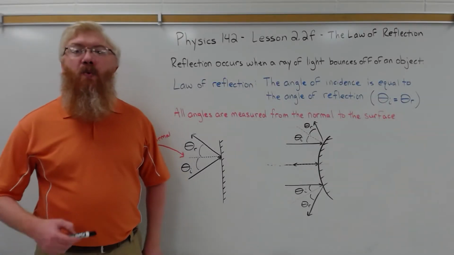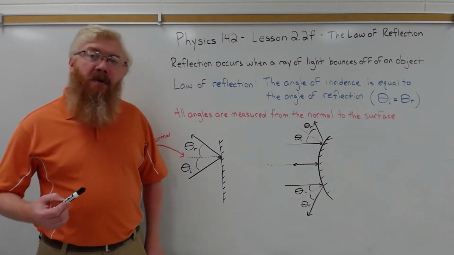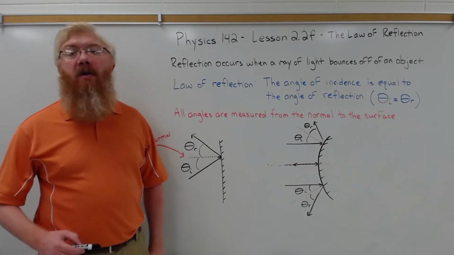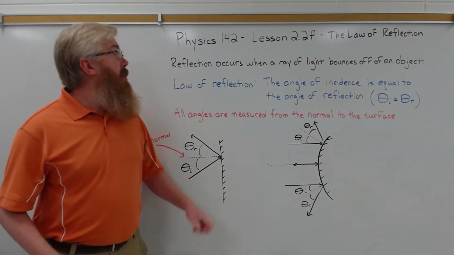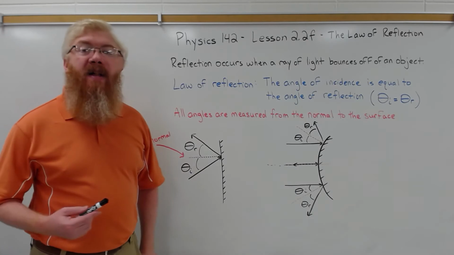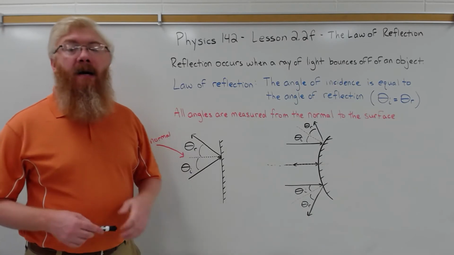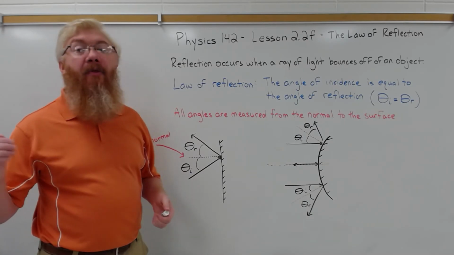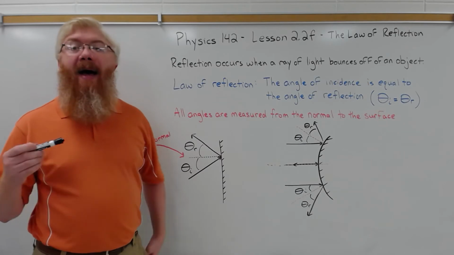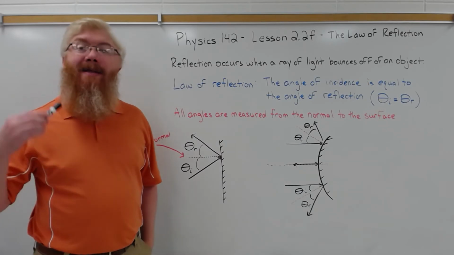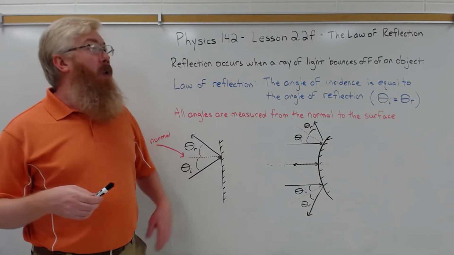So using this ray aspect of light, we will look at first what's called the law of reflection. Now, reflection occurs when a ray of light bounces off some object, as opposed to transmitted through an object. So if you have an object like your bathroom mirror where light bounces off of it, or like the wall